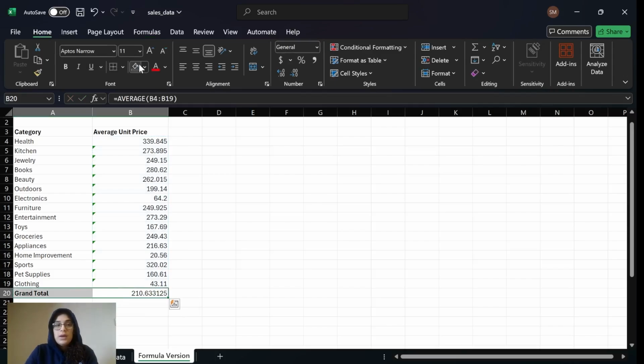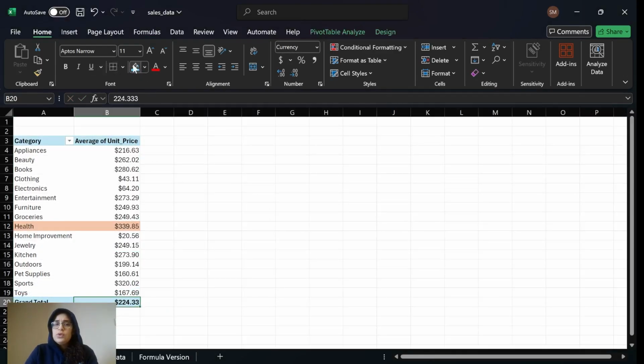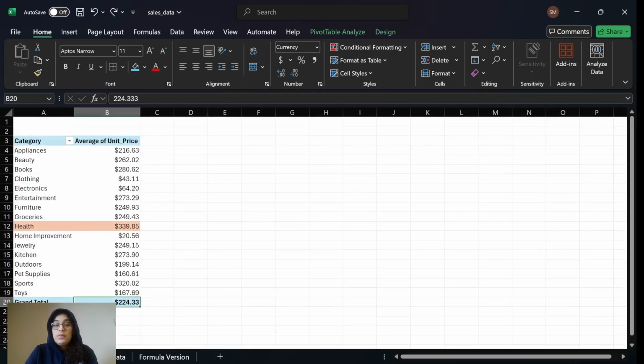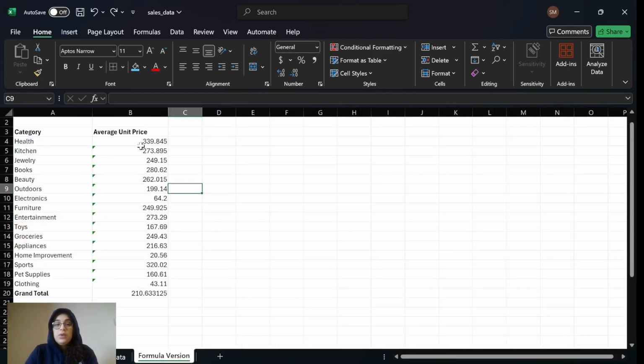Here we have 210. If we go back over here, we have 224. That's interesting, it's not the same. And the reason it's not the same, and it's perfectly fine that it's not the same, is because you literally calculated the average differently. We use two different methods to calculate the average. Here we use pivot table, which calculates the average in this different way. And here we did it manually, where we calculated the average of the unit prices for this category first, then this category, then this category, and then at the end, we divided by the number of categories that there were, and then we got that. But that's fine. So we managed to literally recreate this using formulas,